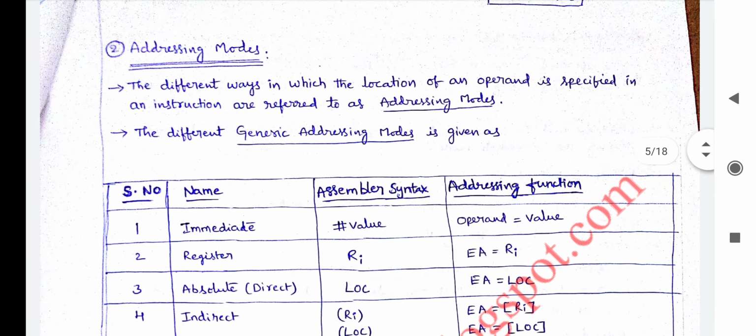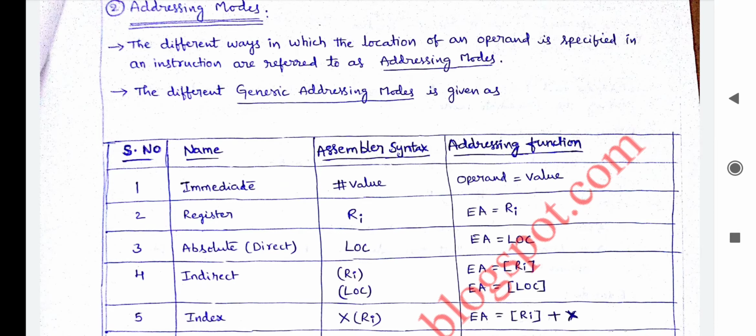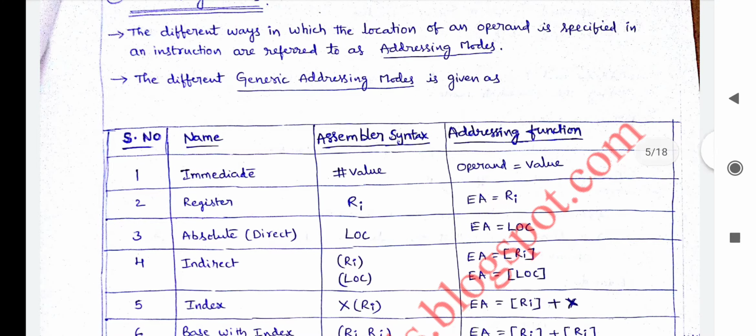One more time, addressing mode means the way or the mode in which you give or store the operands in main memory. Let us suppose we have to store the operands in main memory, so we need to give some address where those particular operands are stored. For the purpose of representing that address, we need to use different types of modes. What are the different types of modes which we use? That is nothing but addressing mode.